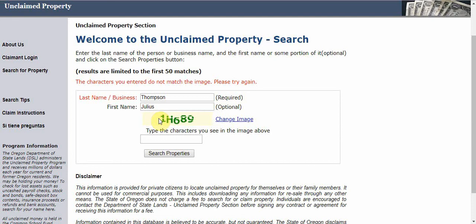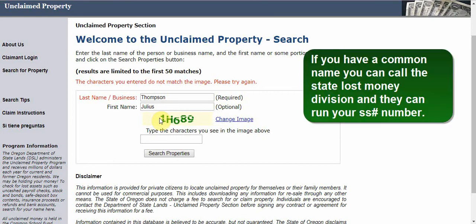You have to remember your addresses and everything. And if you have a common name, sometimes it can be very difficult to find things. So you have to be really diligent. What I did in my research, one of the things that you can do is if you have a really common name and you're having a difficult time, you think that you live there, you think you might have some lost money there, you can always just